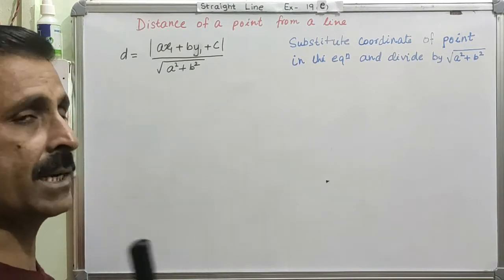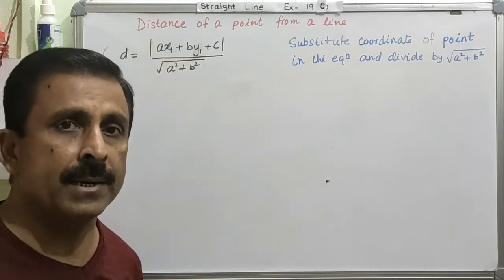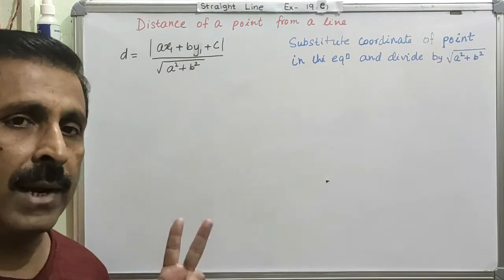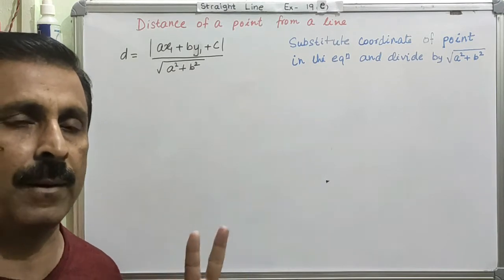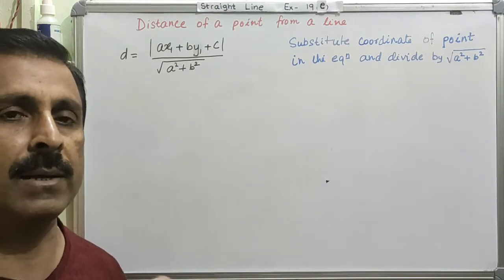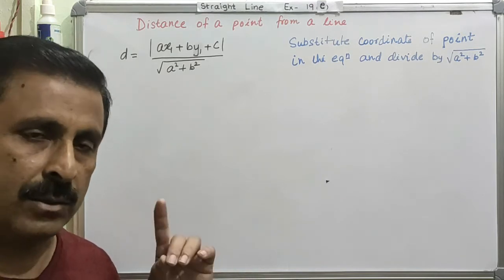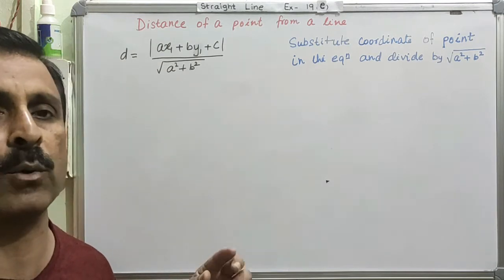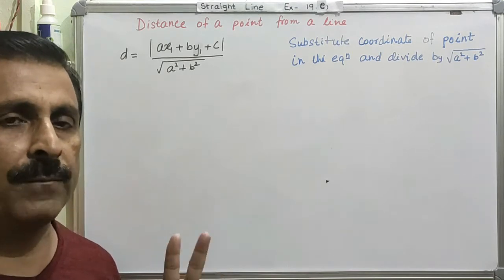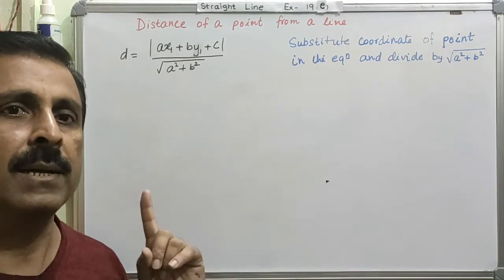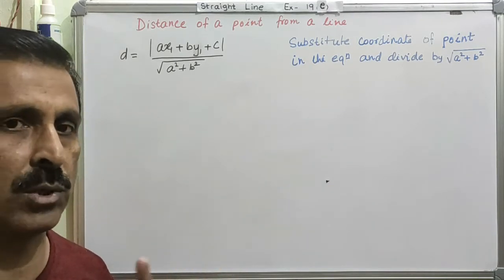Now here we will try to understand that when you are asked to calculate the perpendicular distance of a point from the line, we will be given two pieces of information. Number one, we will be given the equation of a line. Another thing is you will also get the coordinate of the point whose distance is going to be calculated from the line. So one is the equation of the line, another is the coordinate of the point. So how can we use these two things?